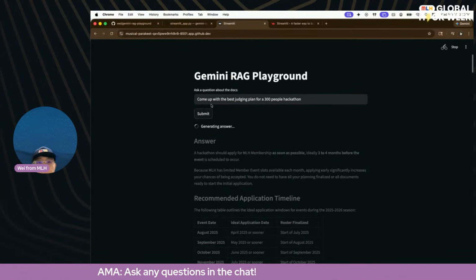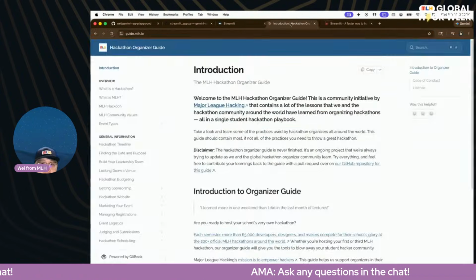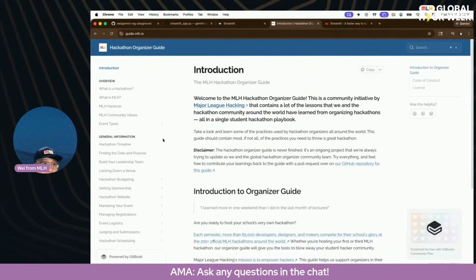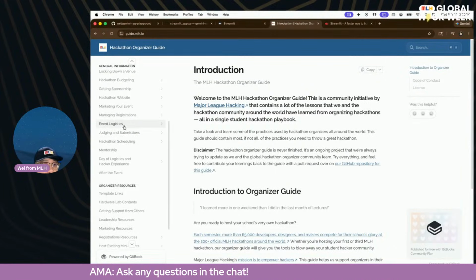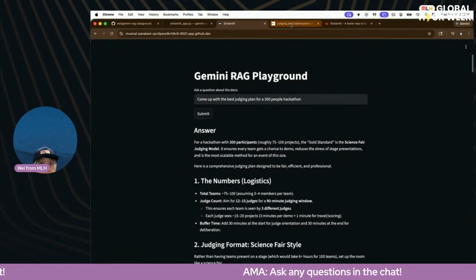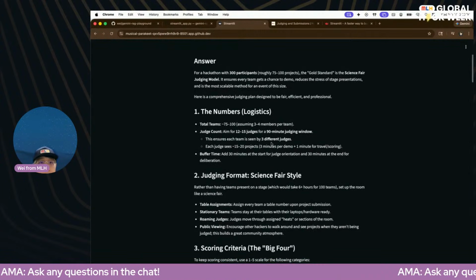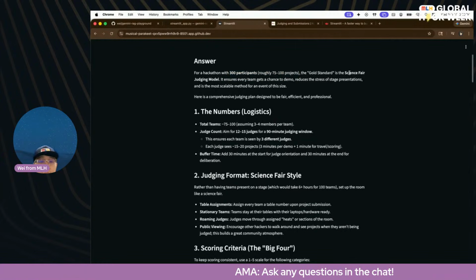So it's actually going to look through the MLH Hackathon Organizer Guide. Let's actually compete and see who can find it faster. On the MLH Hackathon Organizer Guide, there's a section called Judging and Submissions. There are quite a few articles there, but our Gemini has already read through all of them and gave us back a very detailed plan. So for a hackathon with 300 people,